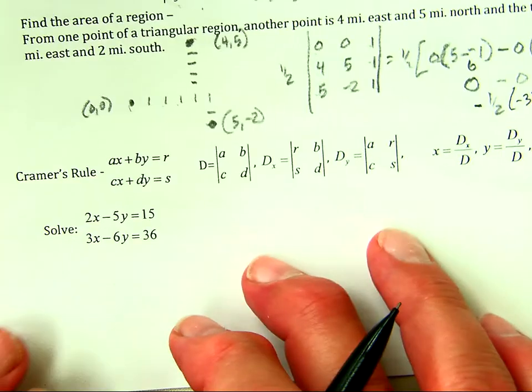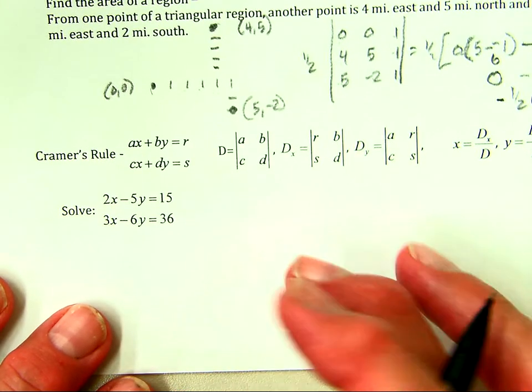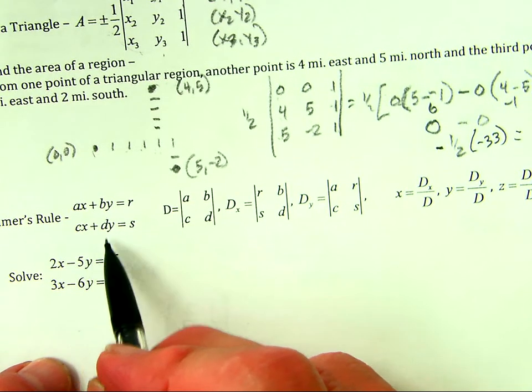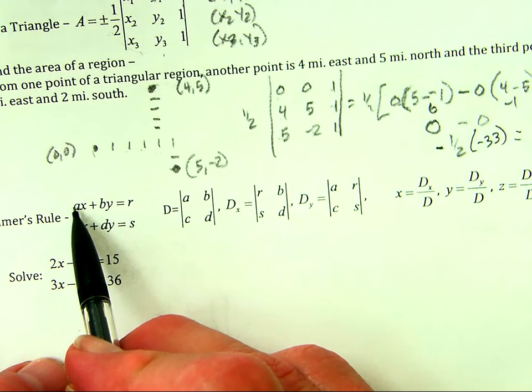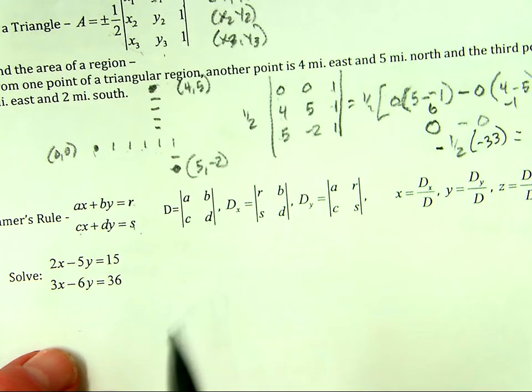Now, the last thing is Cramer's rule. To be quite honest, I don't like Cramer's rule. I think it's a waste of time, but we're supposed to cover it. Cramer's rule says if you set up this system of two equations with two variables here, here's your coefficients, A and B, C and D, and your constants are R and S. We're going to make